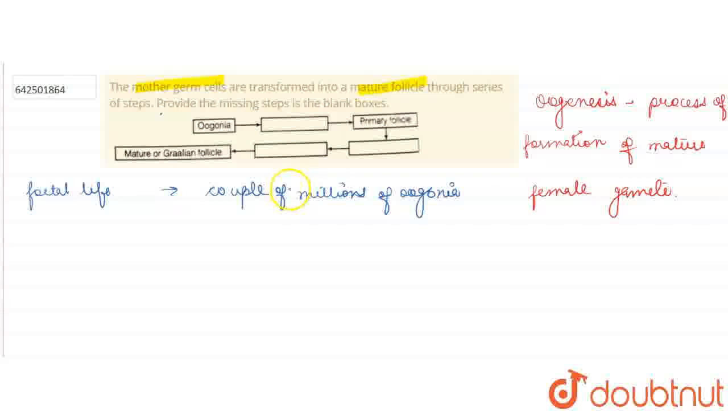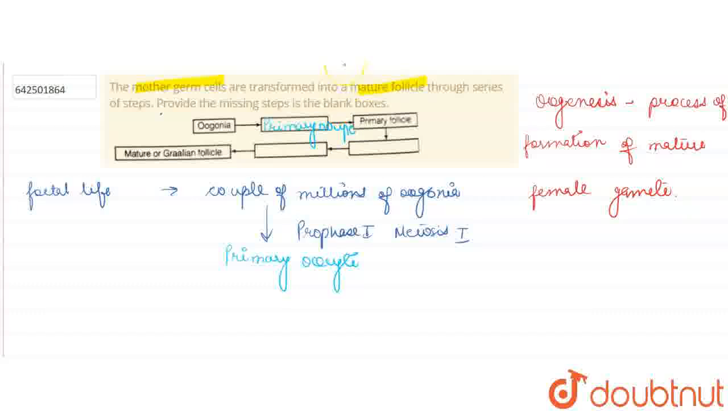And then these oogonia will not be formed further. These cells start division and they enter the first meiotic division or the prophase 1 of meiosis 1. At this stage, now they will be called primary oocytes. So in the first box after oogonia, we have to fill primary